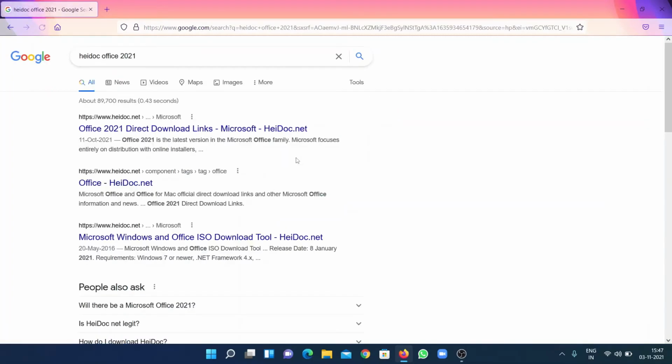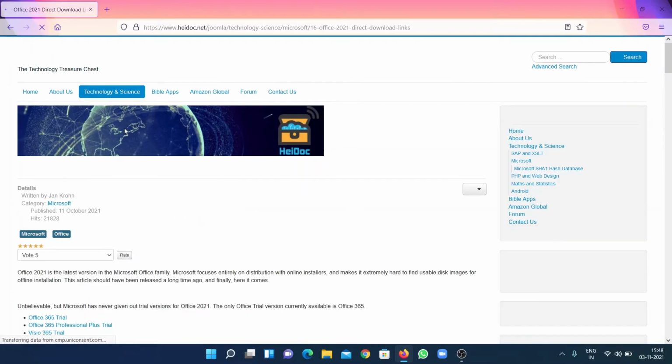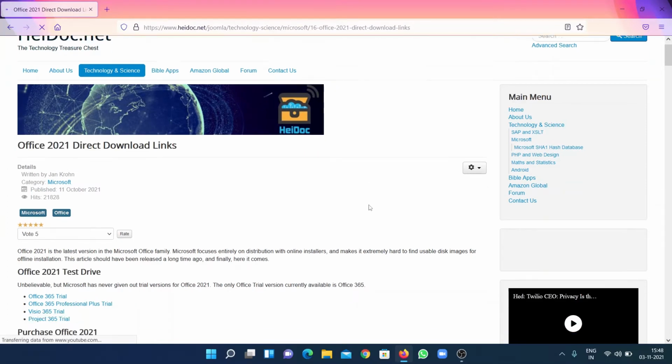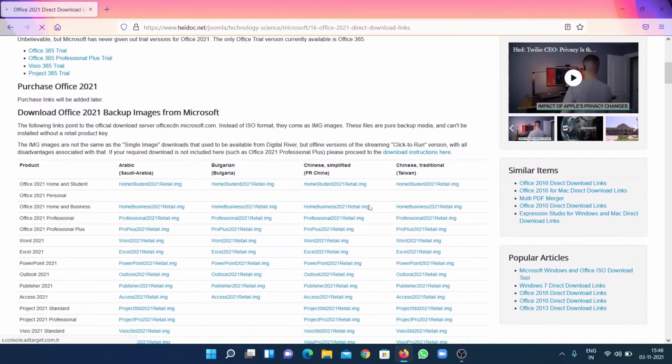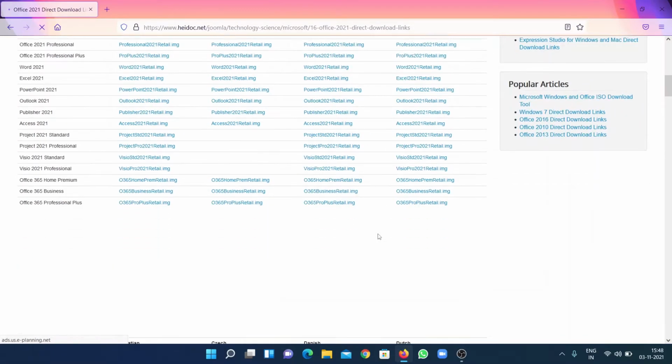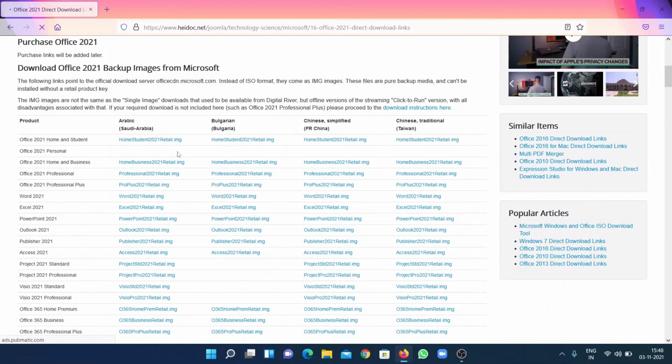I click enter and go to the first website, which will provide you the direct download links from the Microsoft Office. The method I am showing you is a genuine method. You'll be downloading a genuine Office, not something from a third party. So the links are here.